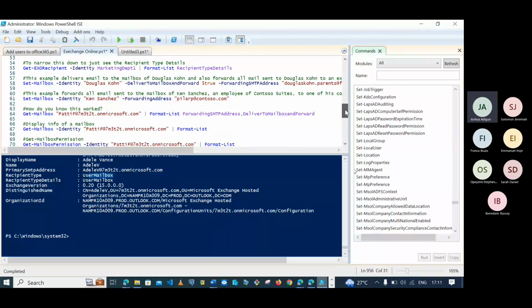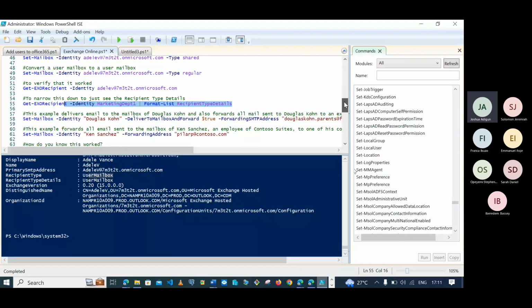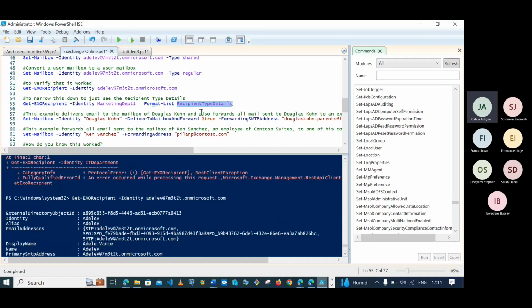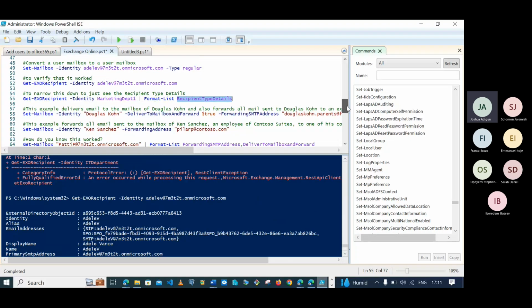So we're almost done. Let me just see. Okay, so I want to do something here. This command, I think, is the same thing with it. It's not. I think it's the same thing with this, right? So it's going to format. What it's going to do is to format the recipient details the same way this has been formatted for us here, just listing them out. That's all it does. So for this one, right, you can use this command, Set-Mailbox identity, to